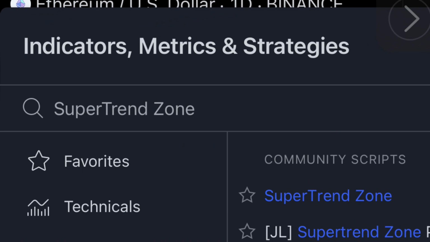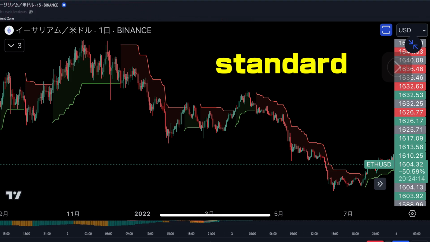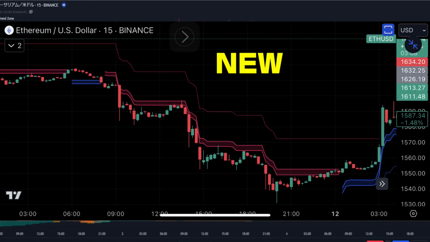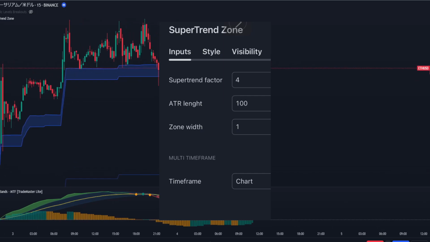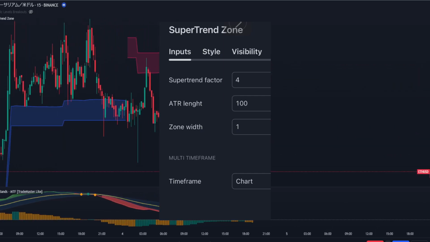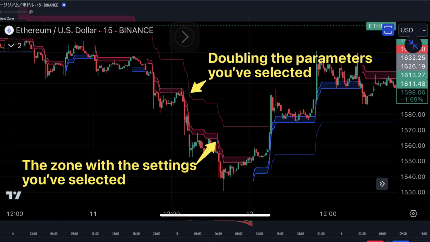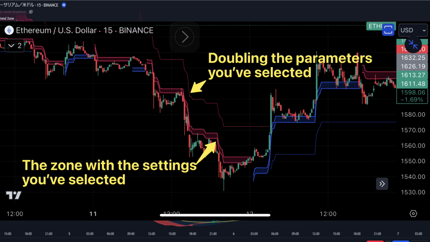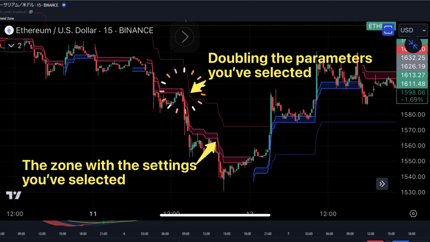Next, open the indicators and search for Supertrend Zone under Omega Tools. The Supertrend Zone indicator is a tool designed to identify the optimal zones for traders to enter by rethinking the usage of the standard Supertrend indicator. In the settings, you can select the length of the ATR, average true range, and the factor of the indicator. Additionally, you can also modify the multiplier for the width of the zone. This indicator provides two different Supertrend indicators. The first one displays the zone of the selected settings. On the other hand, the second one doubles the selected parameters, and it can be used to determine the direction